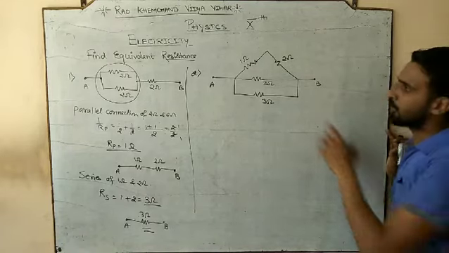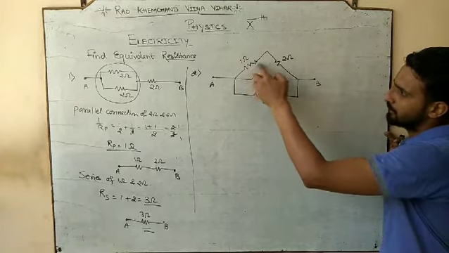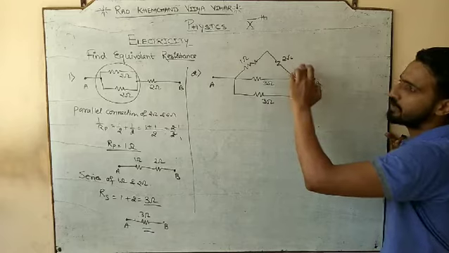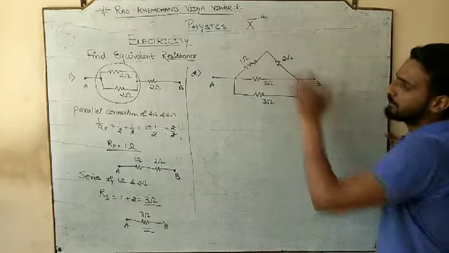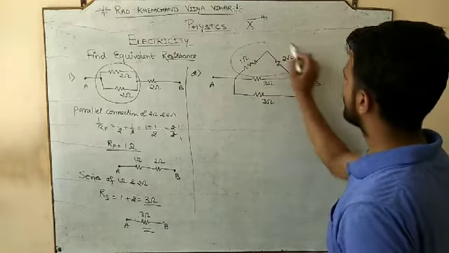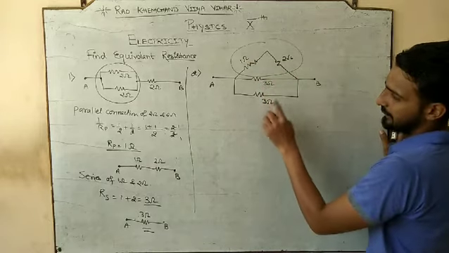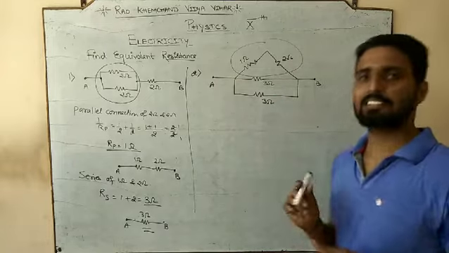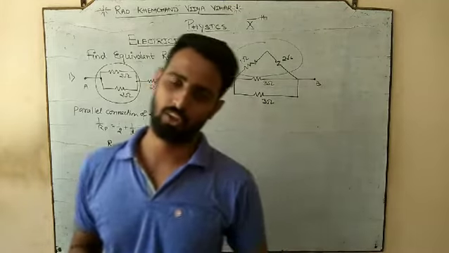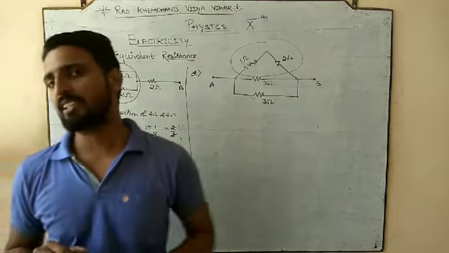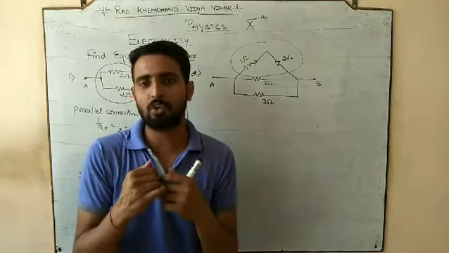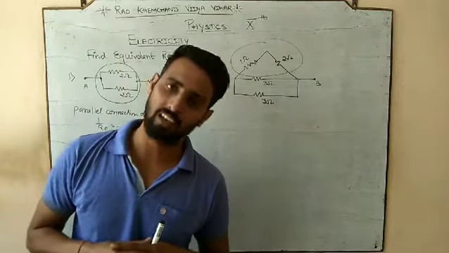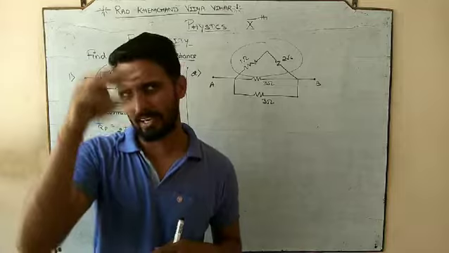Okay, so how will you solve? 1 and 2, how are they connected? In series. They are in one line. 1 and 2 are in series. Whatever be the result of 1 and 2, and this, these all three are in, and this is the imagination that I am asking for. By looking at the diagram, you should be able to imagine in what way I am going to proceed. Which path am I going to take? Whether I should go with series or parallel, achha, this will be like this.